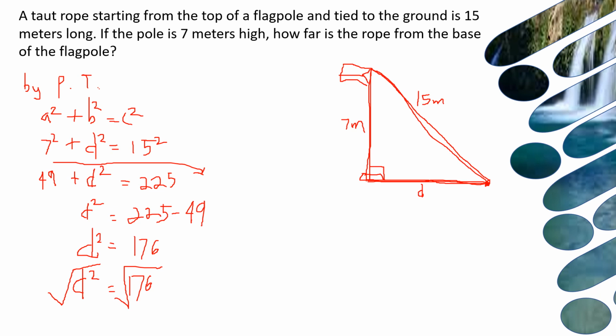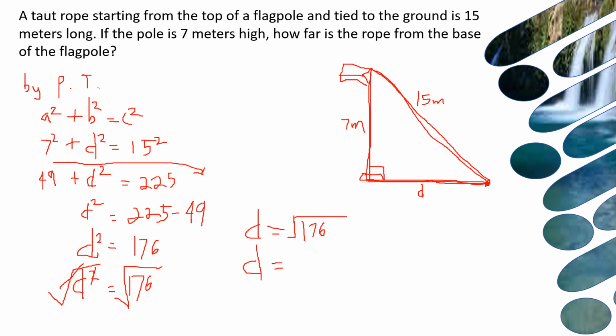So we can eliminate the square of d. So cancel this out and this. So you have d is equal to the square root of 176. But 176 is not a perfect square, so it doesn't have an integral